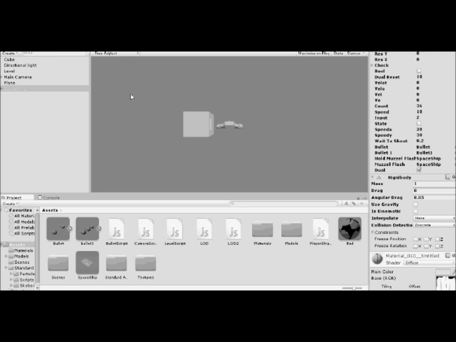Now, actually, you know what? Let's go ahead and quickly just fix that problem. All I have to do is freeze the position and rotation stuff in the rigid body, and that will shut down its control over, and that will basically stop it from